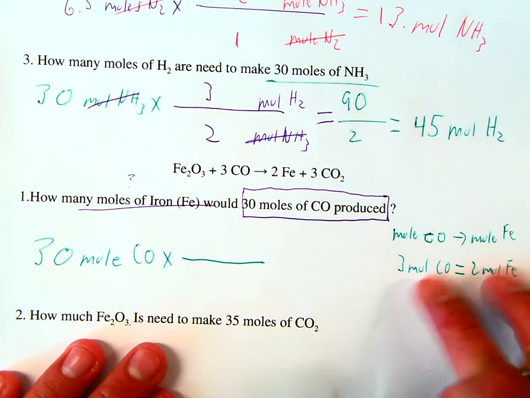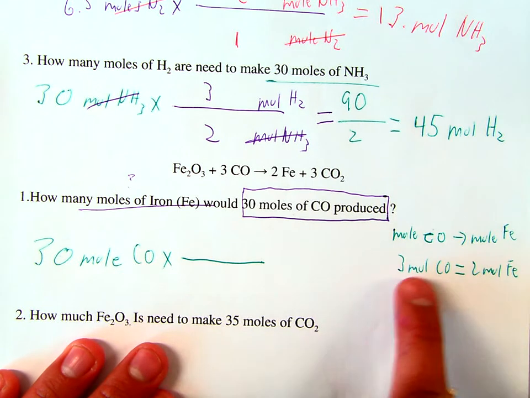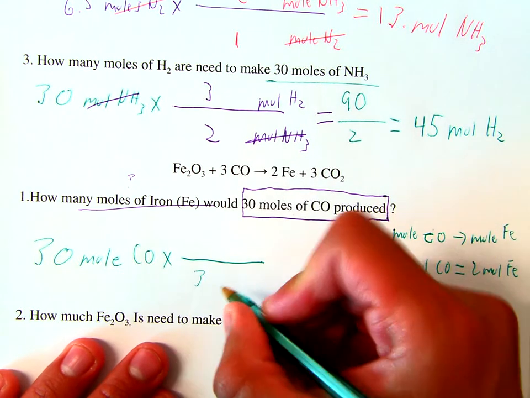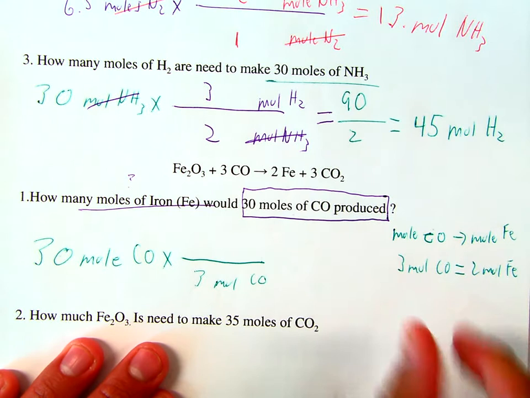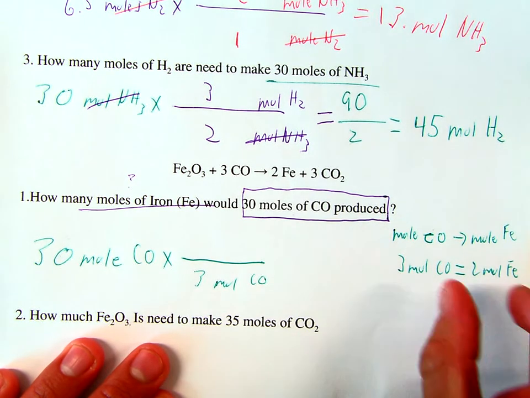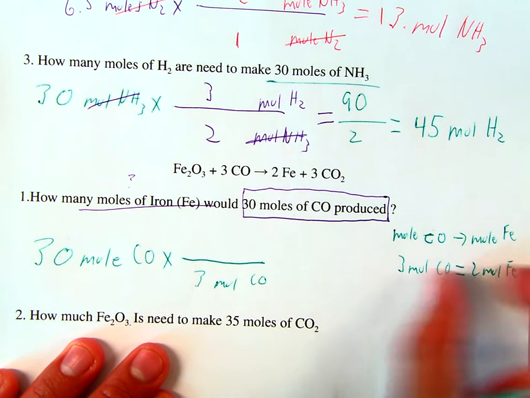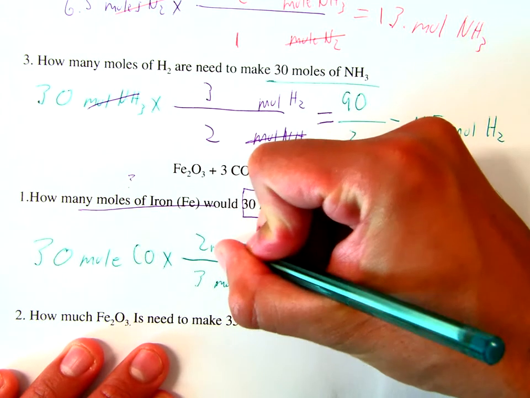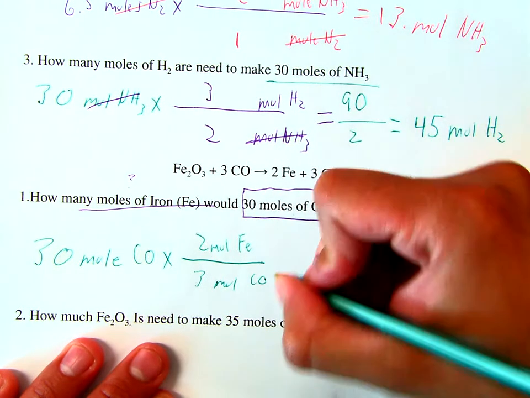Okay, so now since I start with moles of CO, I put moles of CO in the bottom. 3 moles of CO. So I took this whole thing, put it in the bottom. Now I want iron, so I'm going to put this whole thing on top. So 2 moles of iron go on top. Equals,